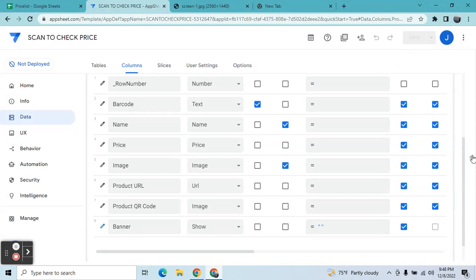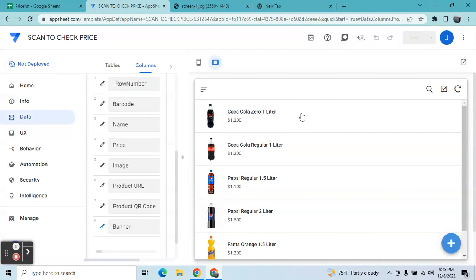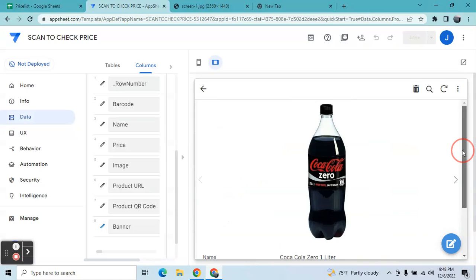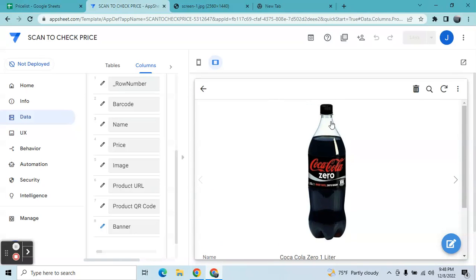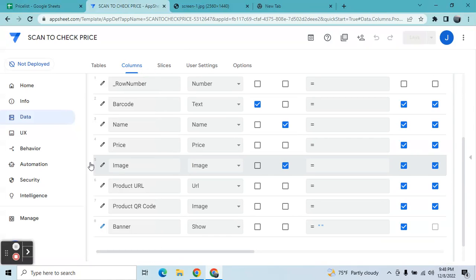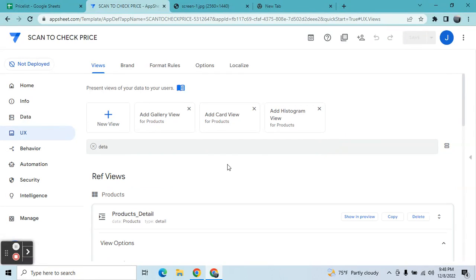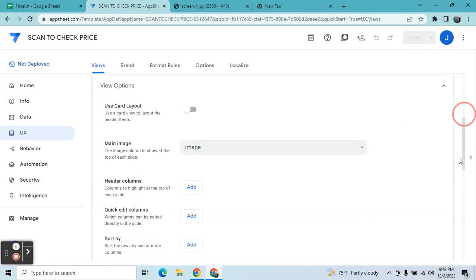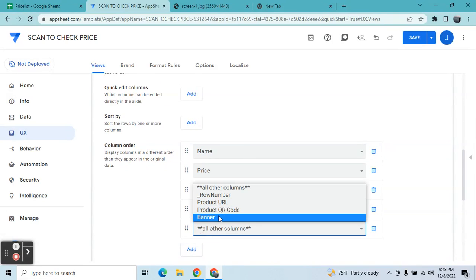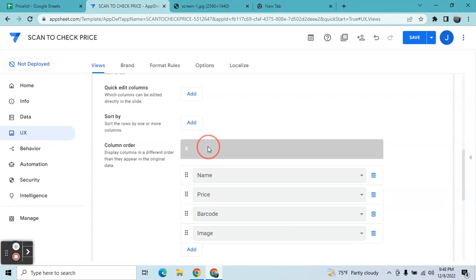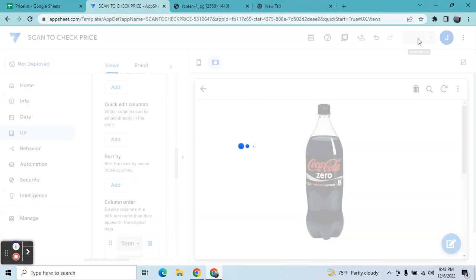So if we preview the app, and once they go to the details, this is what they see. Okay. So I wanted to have a banner on the top of it. So I'm going to the UX, and then we have the detail here. I will just type to make it faster. Maybe the image is quite big. Maybe I will put here the first one will be the banner. The purpose of the banner, this is the name of your establishment or your shop. So once you save it,